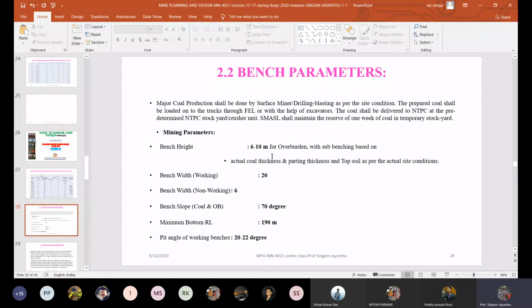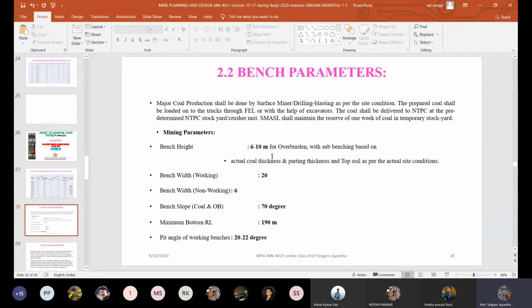But in general, in more than 90% of the reserves, as you know very well about the geological conditions of our Indian coal fields, since you are talking about coal fields today in this class. In any other metal mine, depending on the deposit condition, you will decide the height of the bench. But in coal mines, in around 90% of the coal seams, the thickness of the coal seam may be 10 meter somewhere, 6 meter, 2 meter. If it is 2 meter, then your bench height is 2 meter. That's all. There is no other way out.